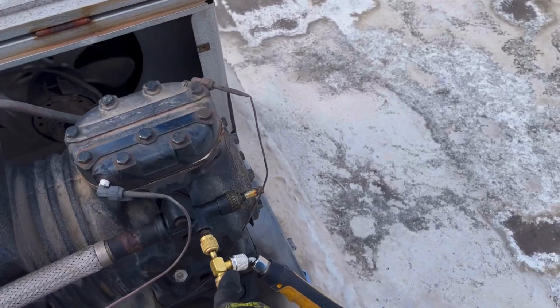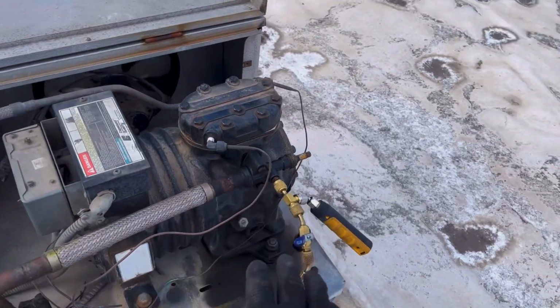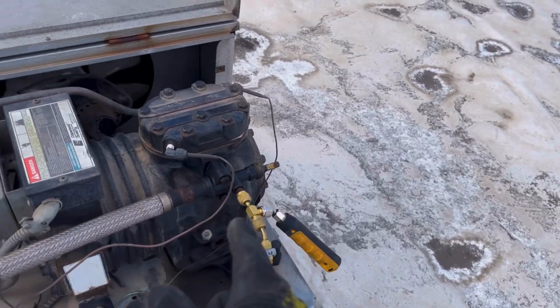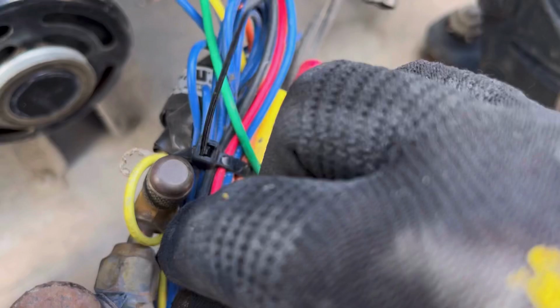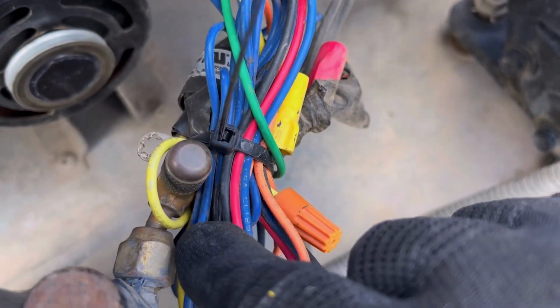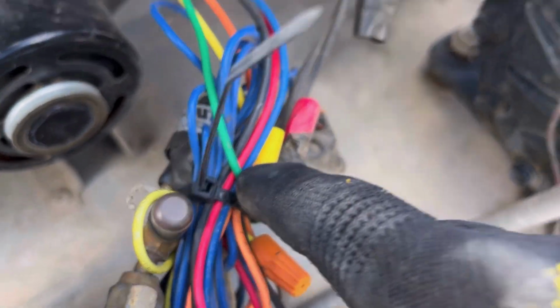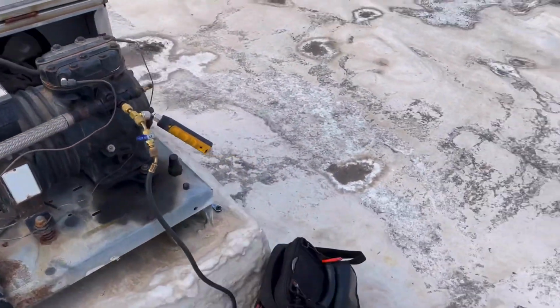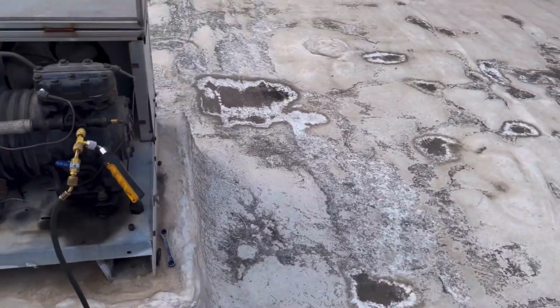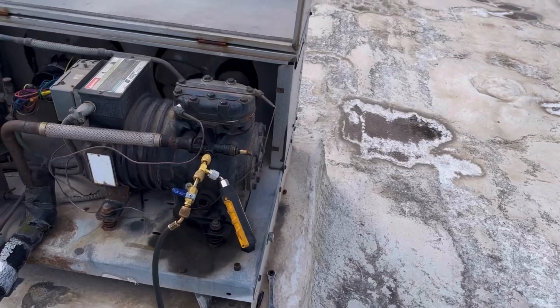So it is kind of low, so it's gonna get the refrigerant that we need and charge it up for them. And I was gonna hook up here, but they don't look too good. I don't know who tie strapped this. There's a pressure switch right there. I don't know who put that there, but it's kind of putting stress. I might move that and